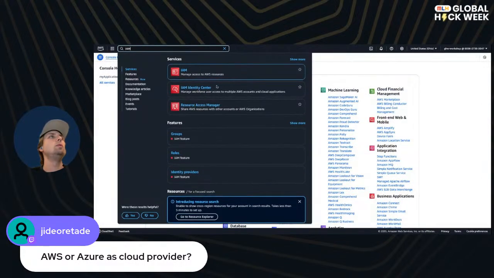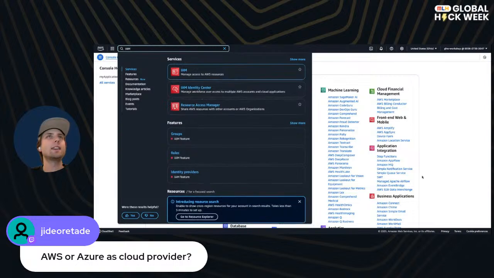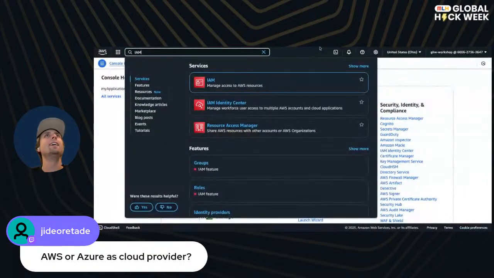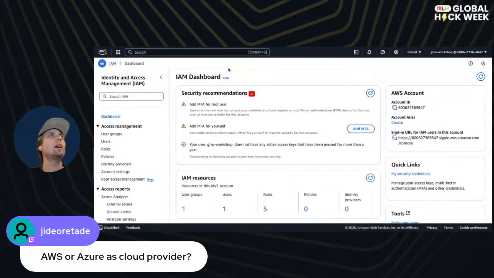So IAM and IAM Identity Center are two really different things. I think I clicked on IAM Identity Center, and I wasn't really prepared for that. It gives you a totally different way of logging in. So if you click on IAM,